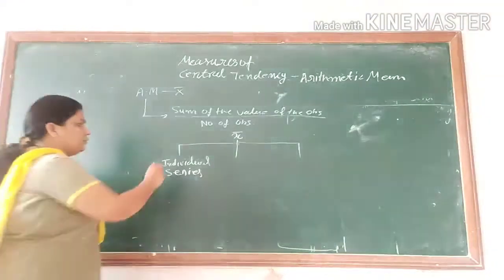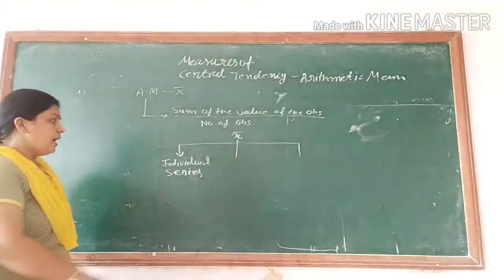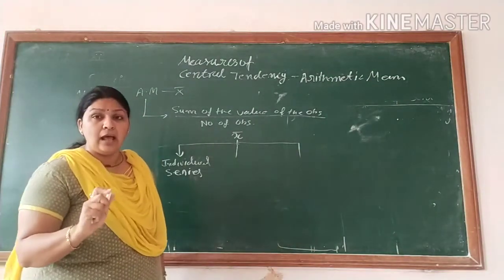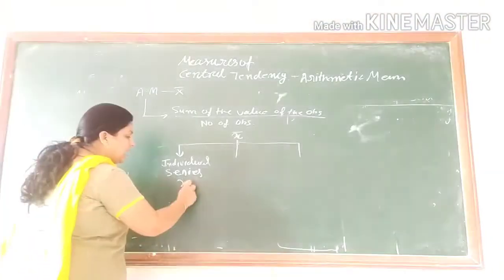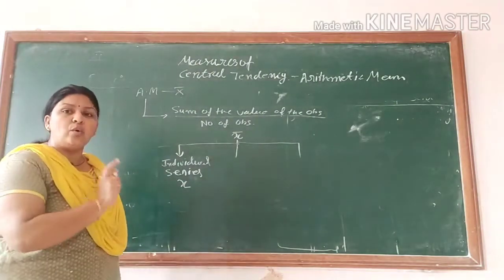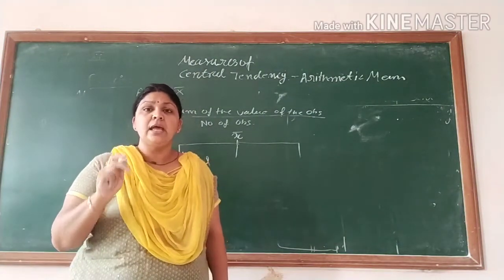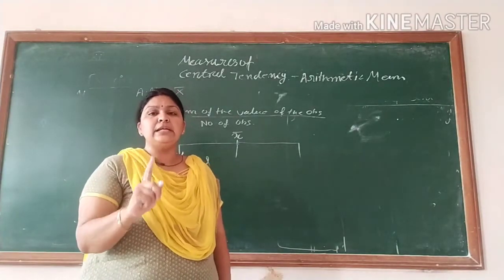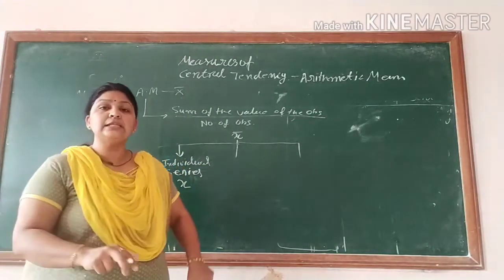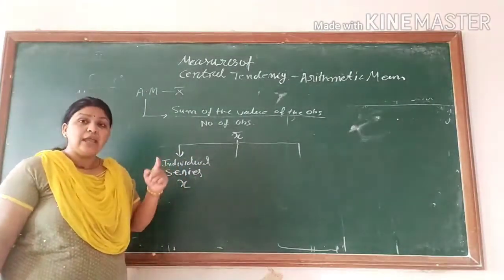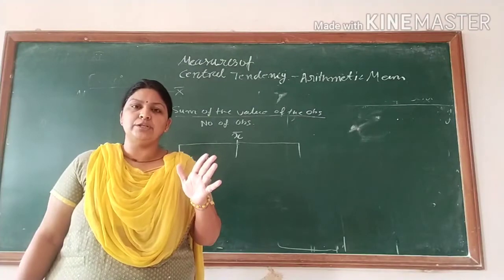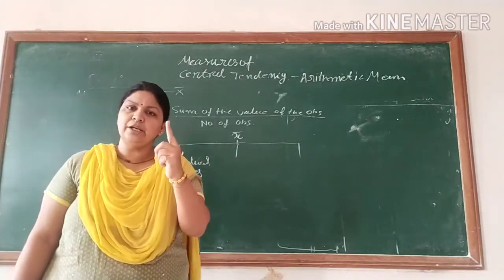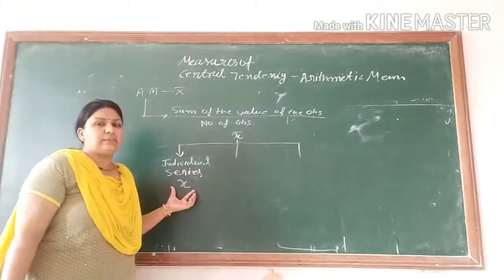Basically, just roughly, you just focus here. What do you mean by the individual series? Individual मतलब क्या होता है? अकेला. So when we got the only x, it means you got the only observations in your sum. If you got the only observation in your question, this is called the individual series. Individual मतलब अकेला. So यहाँ अकेला x आपके साथ है.